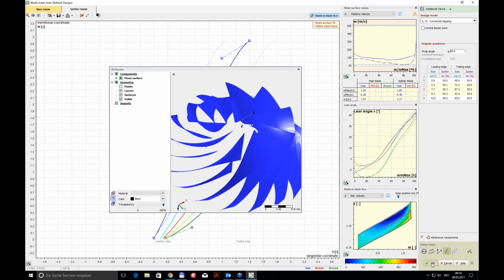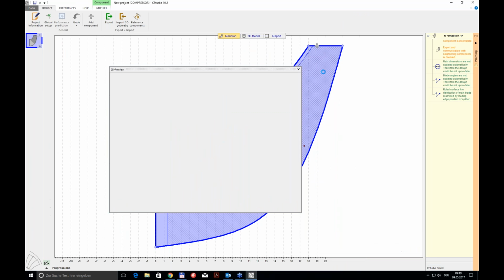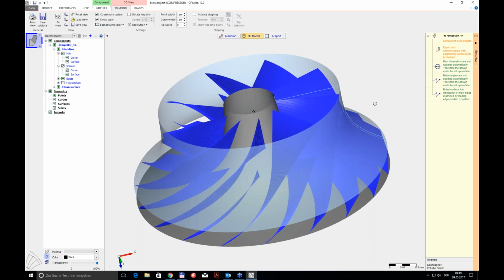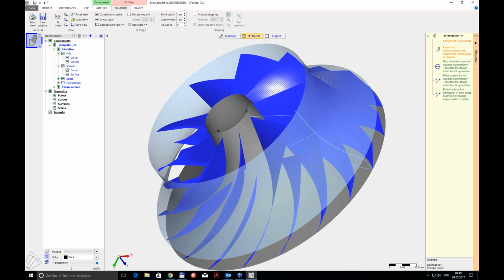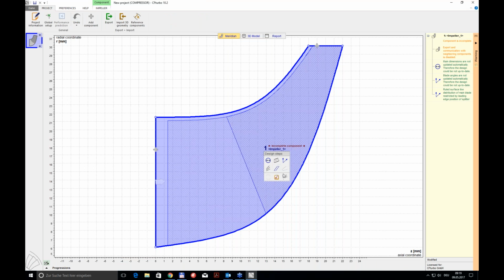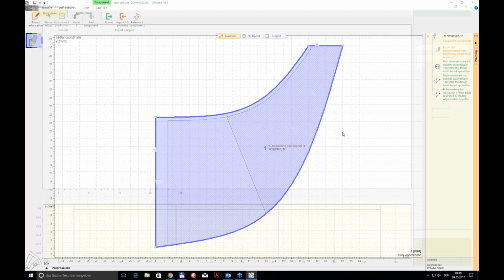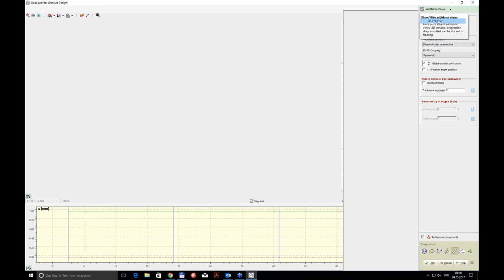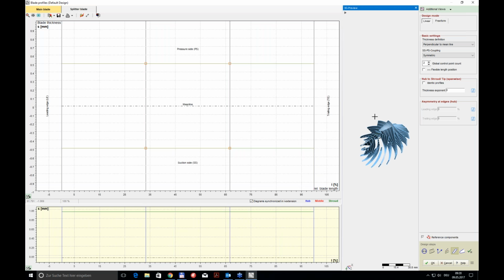Okay, once I'm happy with that, I can press OK, and in 3D now I will see the blades having a zero thickness, and that's why I now put some thickness on it in a very simple way, just by adding perpendicular to the mean line the thickness already defined in the blade properties. Again, the preview will show